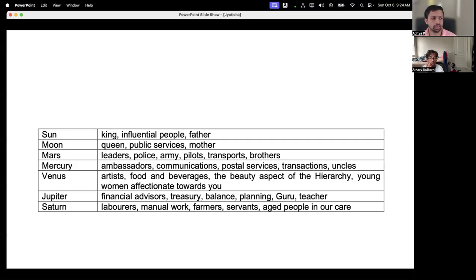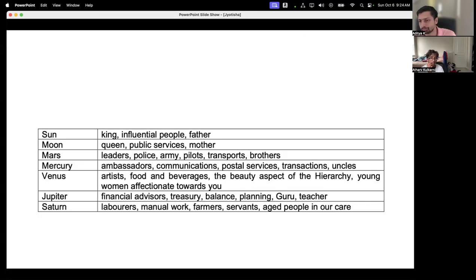Okay. Shani again. The moment you think of Shani, remember all the individual words that I'm saying when I say each planet, right? So sun, power, moon, mother, Mars, courage, Mercury, communication, Venus, enjoyment, Jupiter, dhana. You can say dhana or you can also say guru. Guru is the best word for Jupiter, not just for him, but also for what he governs.